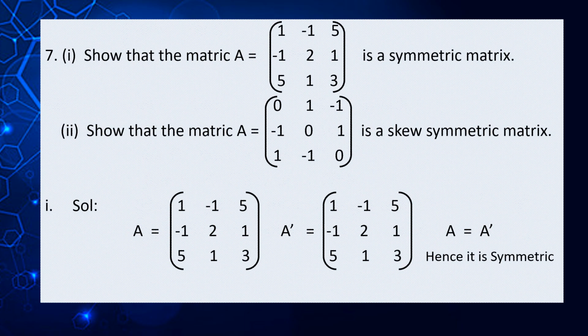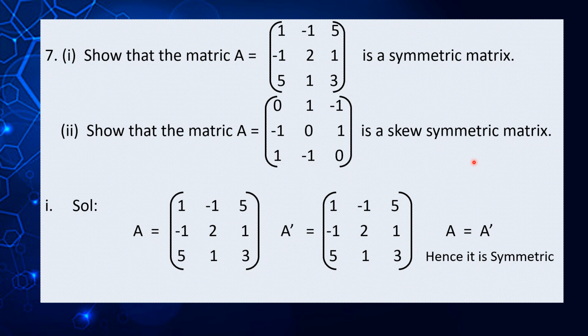Seventh question, first part. Show that the matrix A is equal to 1 minus 1 5, minus 1 2 1, 5 1 3 is a symmetric matrix. Second part, show that the matrix A, 0 1 minus 1, minus 1 0 1, 1 minus 1 0 is a skew symmetric matrix. Before I explain the solution, let me say that the condition for a symmetric matrix is that the